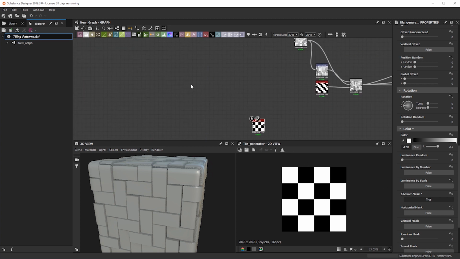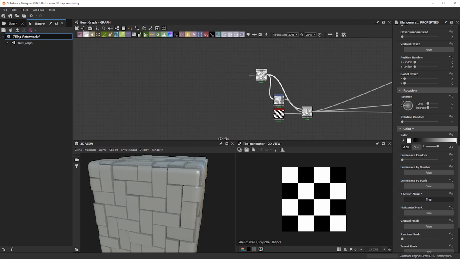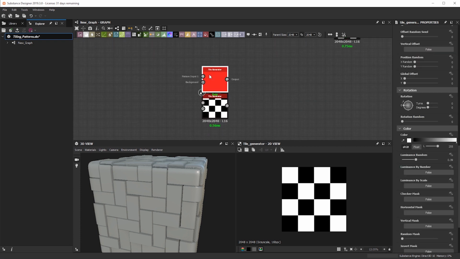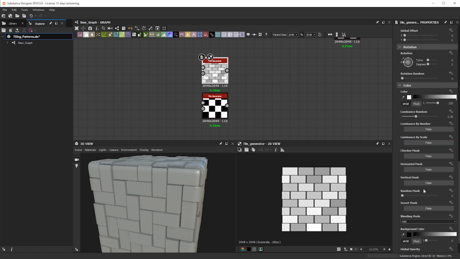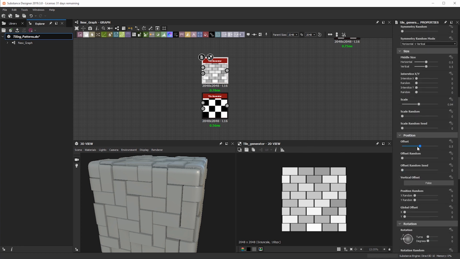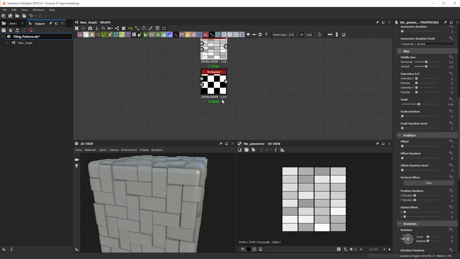So what I'm going to do now is go back into this. Actually, let's just grab this one. I'm just going to edit the one we currently have. So let's bring this up. I'm going to leave the luminance on, but with the offset, I'm just going to bring that back so there is absolutely no offset. So the way it is right now, we can actually plug this in